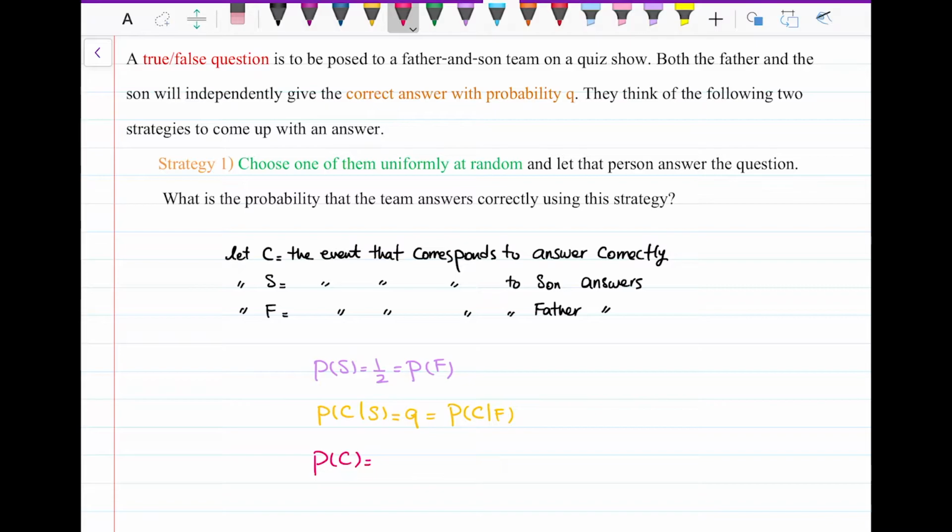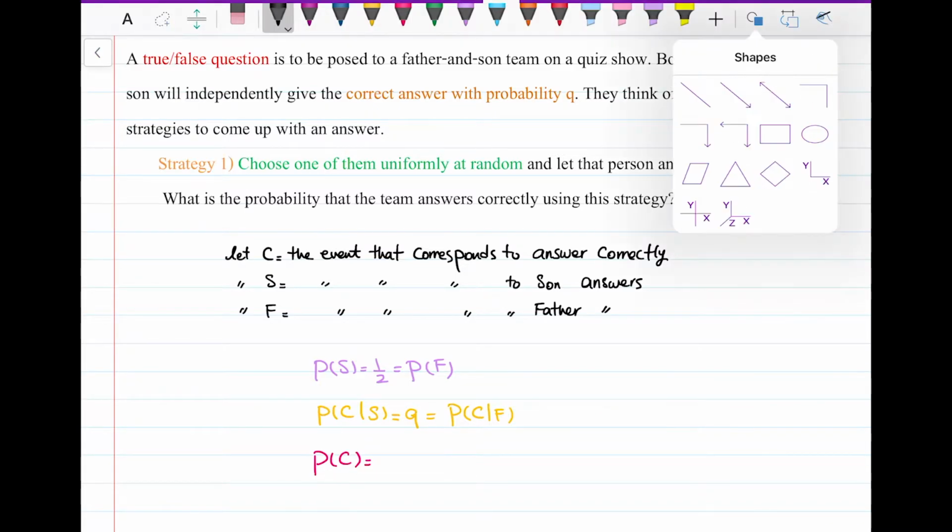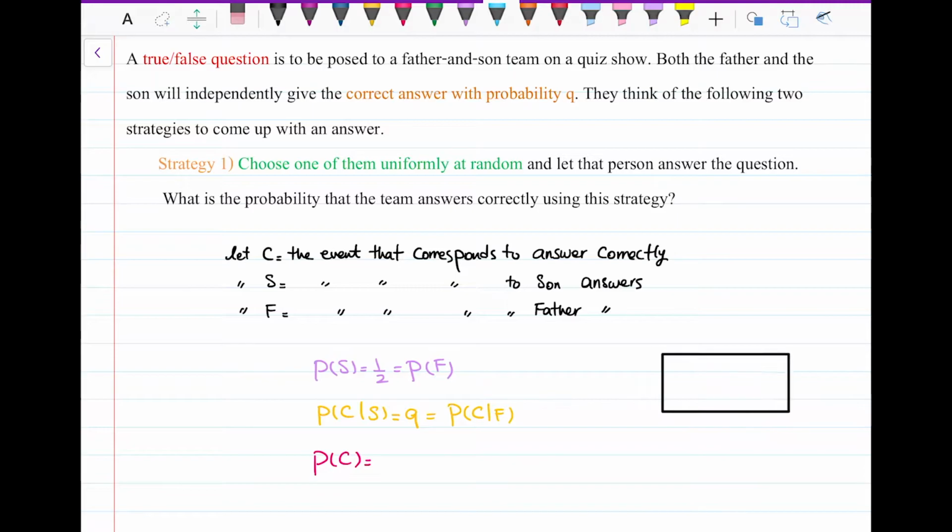If I want to give you a review of the total probability theorem, we said that if we have a sample space, and if we have events that partition my sample space, here I have son and father, and then if I have just one arbitrary event, being correct, is one of them, then the probability of being correct is equal to